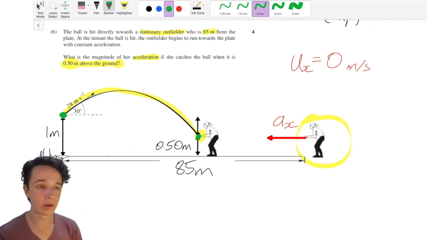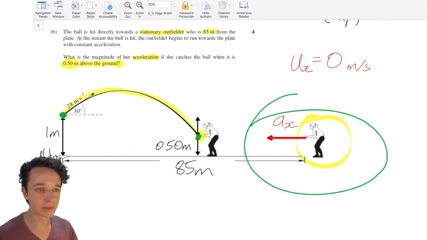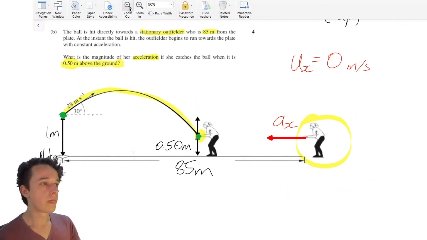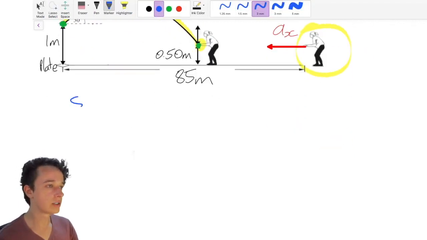This is quite a tricky question. There's a lot of stuff going on. You're not just considering the motion of the projectile, you also have to consider the motion of this person. One thing we do know is that the initial velocity of the projectile is the same as the previous question. So if we do a SUVAT table,